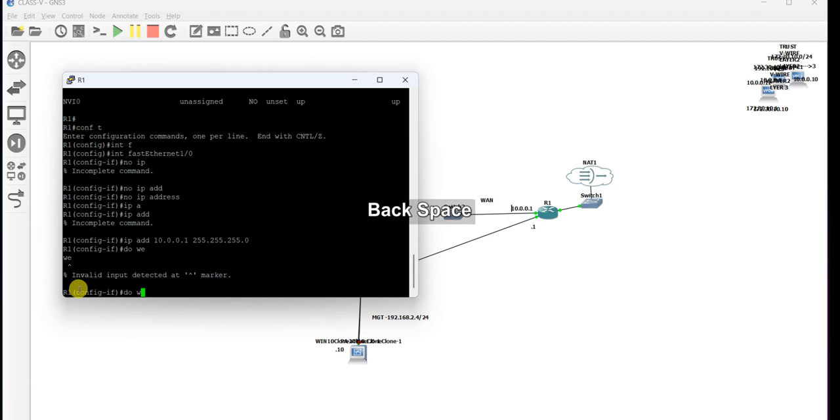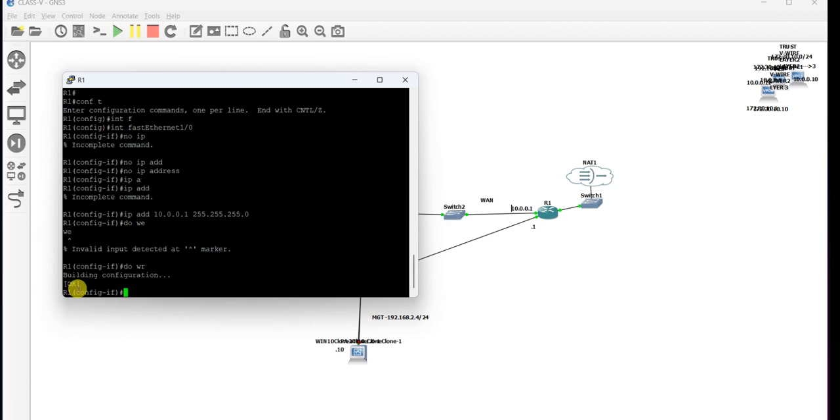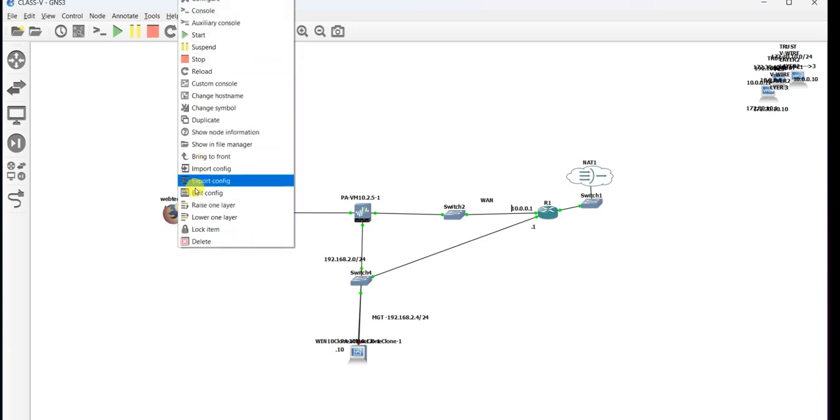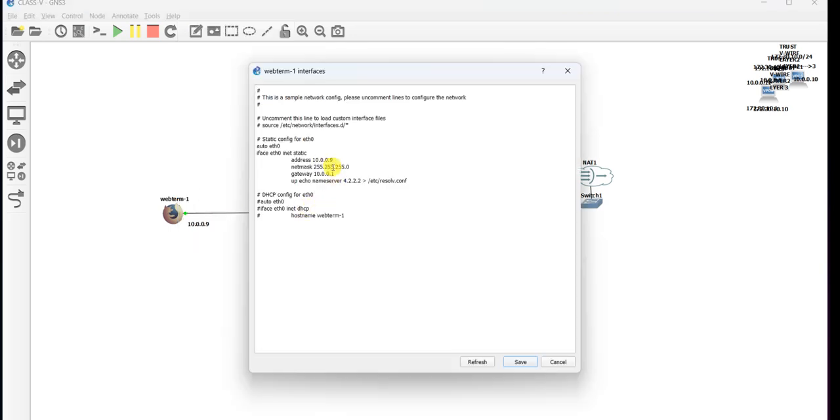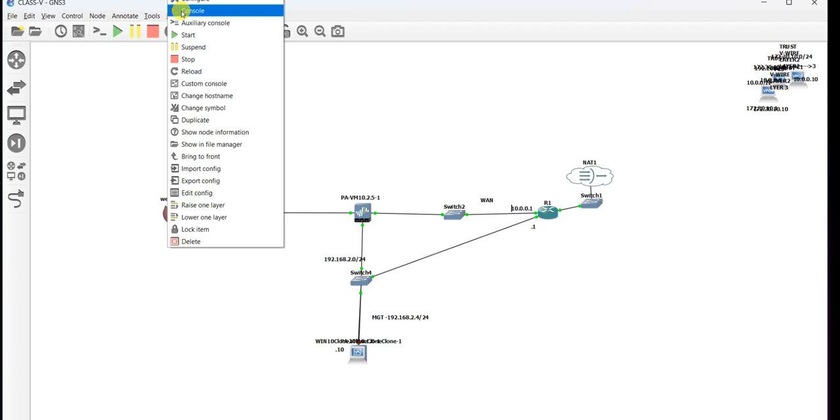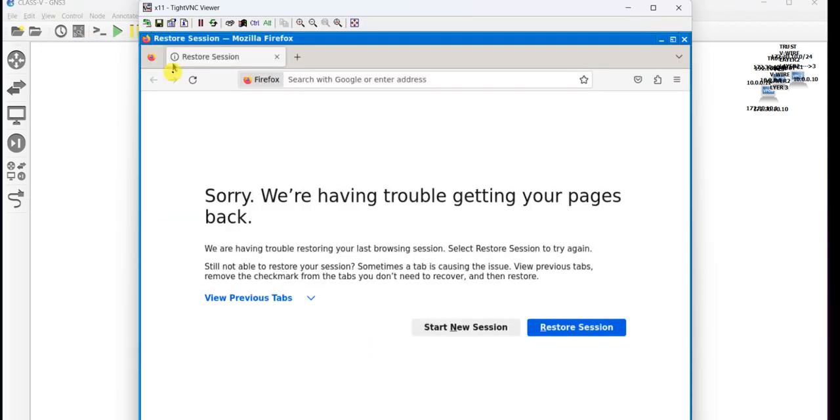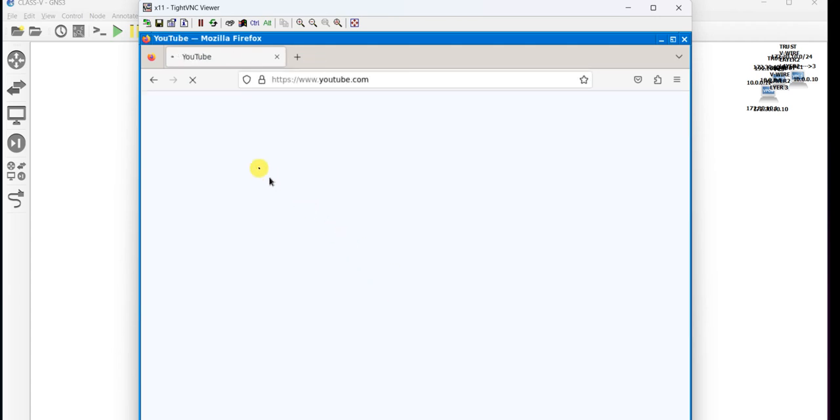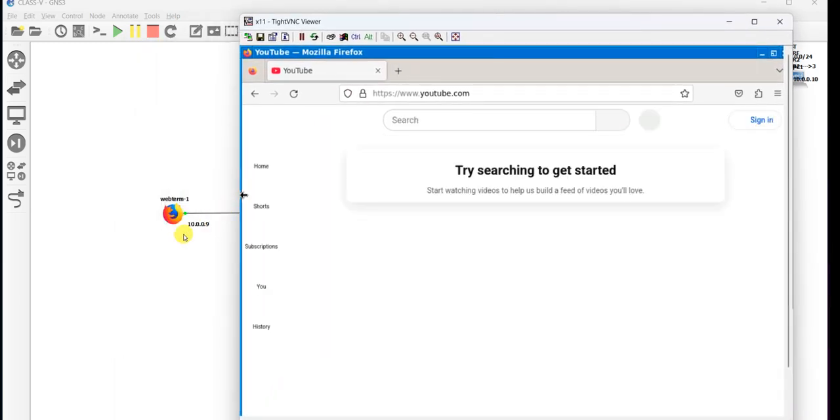Then, I believe that interface is not shut down already. We can say do WR and see what happens. Let's also check the configuration we have here, if it's well configured. Yeah, I think this one looks okay, so we can save. Then we go to the console and I will start a new session and see if we can access the internet. Yes, you can see now we can access the internet from 10.0.0.9,